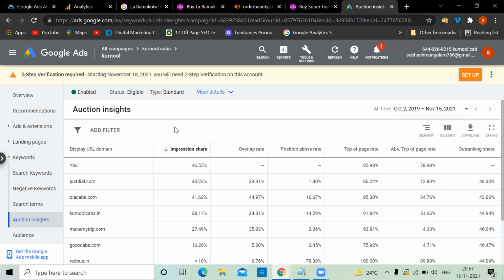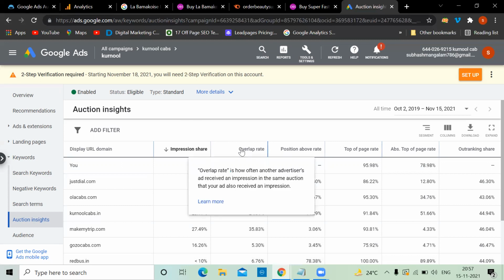Overlap rate means when your ad is appearing, how many times Just Dial appeared, how many times Ola Cabs appeared, how many times Make My Trip appeared. Put your cursor here. Overlap rate is how often another advertiser's ad received an impression in the same auction that your ad also received an impression.